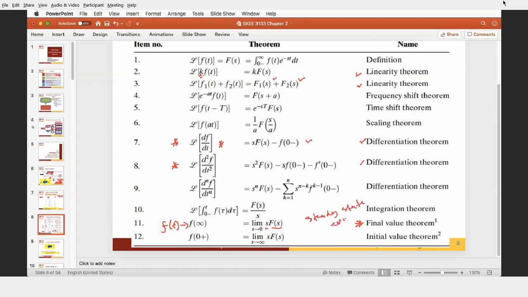Okay, so the error of the system at t infinity. What is the difference between the system and the set point? The value of the final output of the system compared with the set point. So the final value theorem is very important in our course. So we always use this one, the differential theorem, and also this one, the linearity